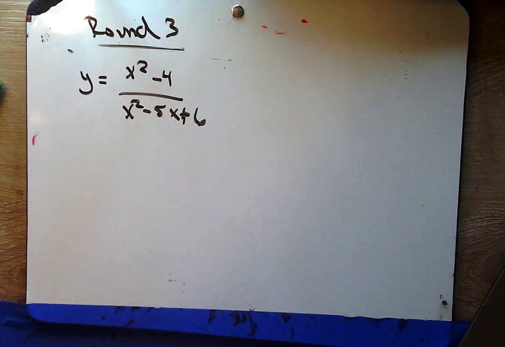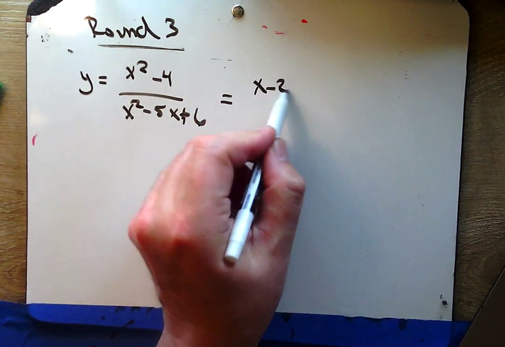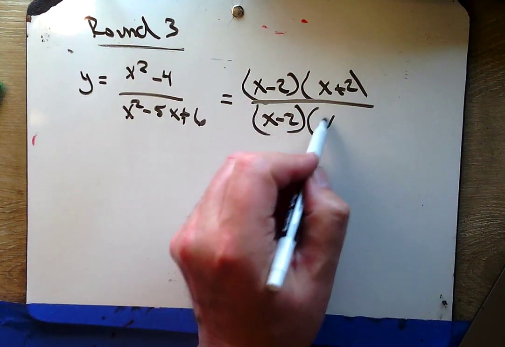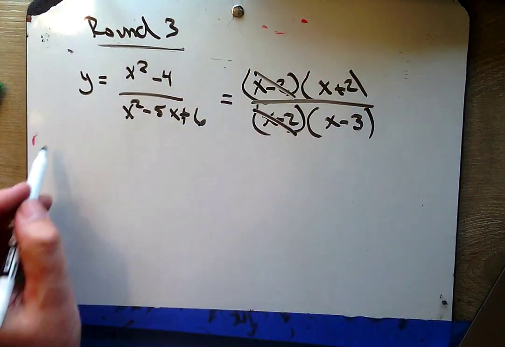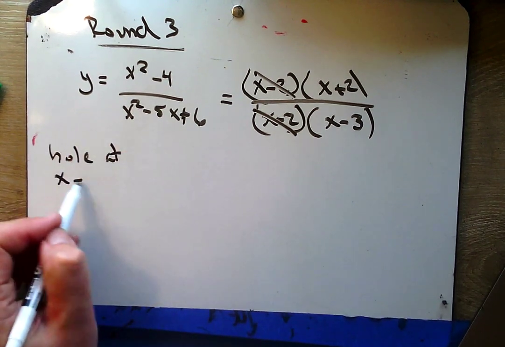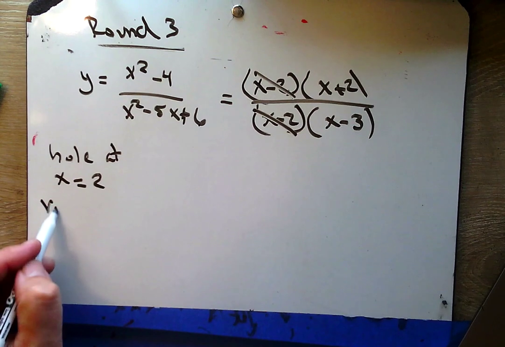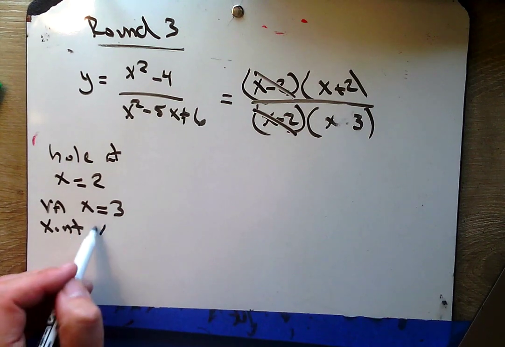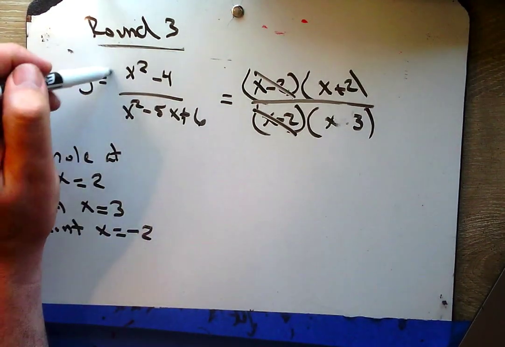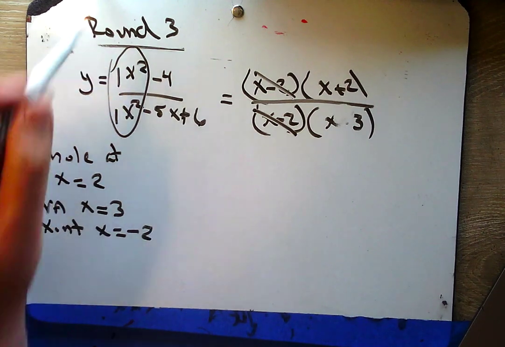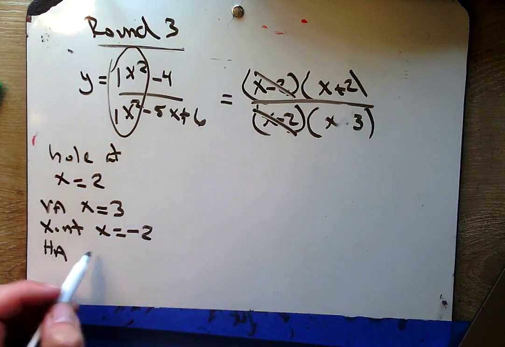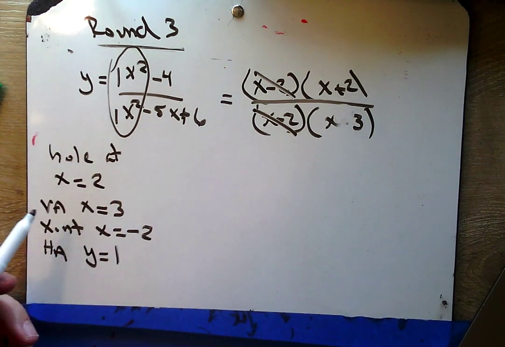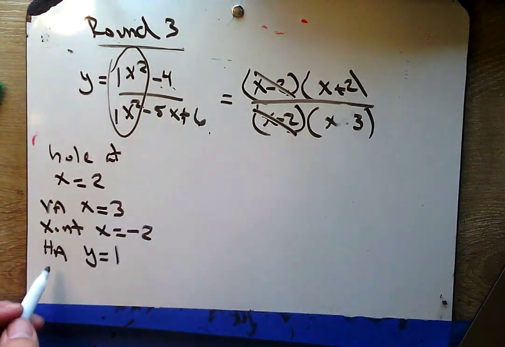Hi, welcome back. I hope you factored. And then we can cancel and again say hole at x equals 2, vertical asymptote x equals 3, x-intercept negative 2, and the degrees on top and bottom are the same, so I'm looking at the ratio of leading coefficients. I'm saying horizontal asymptote at y equals 1 over 1, or y equals 1. Finally, the y-intercept, negative 4 divided by 6,